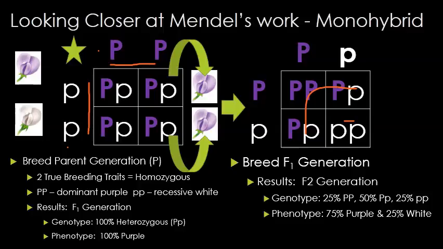Now he could only see phenotypes, but we also need to be aware that genotypes are involved here. Genotypes are the genes that you actually have. That would be your homozygous dominant, heterozygous, and homozygous recessive. And phenotype would be the physical expression, in this case purple and white. So looking at this, I have a 1-to-2-to-1 relationship in my genotypic ratio, and I have a 3-to-1 relationship in my phenotypic ratio. If I breed 2 heterozygous parents in a monohybrid cross, or the traditional 4-square Punnett square, I will always see these ratios.